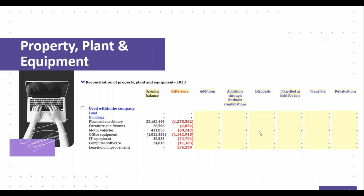So one important aspect in completing your financial reporting will be to complete the reconciliation of property, plant, and equipment for current year and prior year on your Caseware working paper financial statements. If you do not complete the note, it will appear in red. The difference section, if you follow my cursor, is going to appear in red, and the expectation is for you to use your